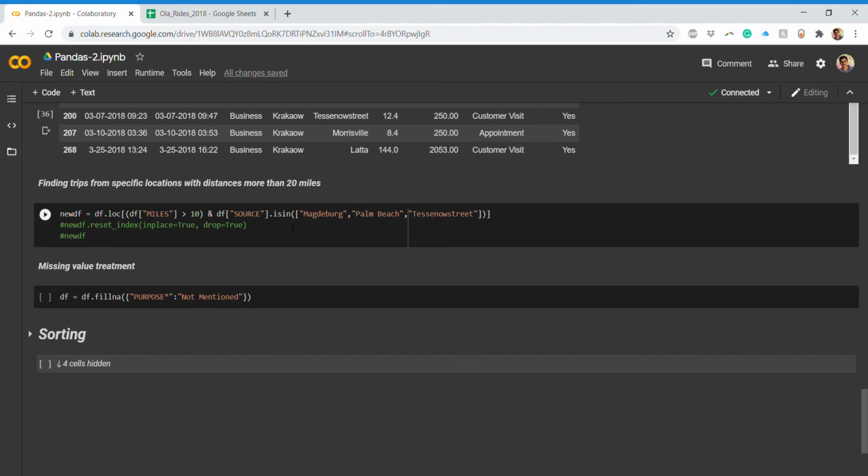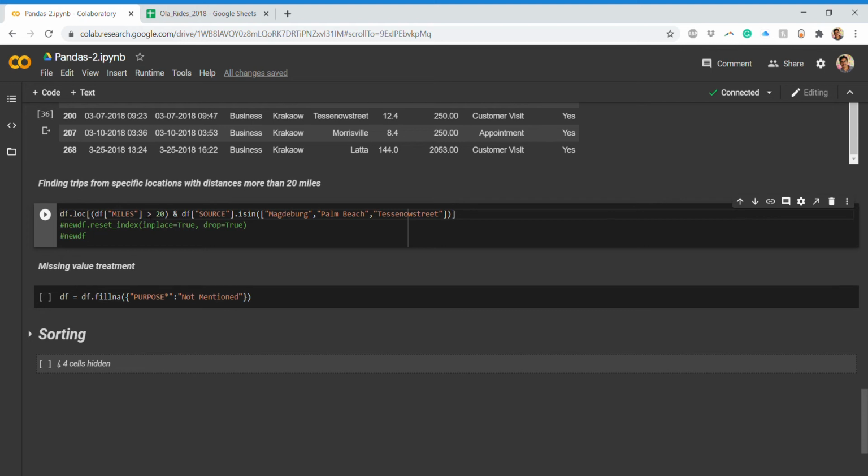Now I want to find the trips from specific locations with distances more than 20 miles. So here I have a condition I'll put, and this is my original operation. Here df of miles, applying the condition on that specific column of the data frame.